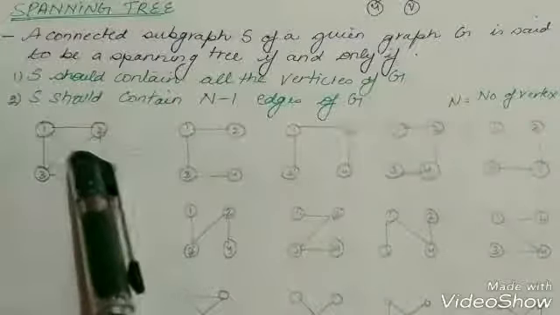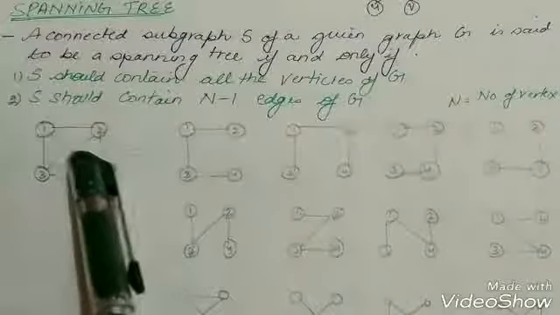But what happens when we make a spanning tree for the graph? In that case, we can only have n-1 edges. N stands for the number of nodes. N over here is 4. So 4 minus 1 is equal to 3. Therefore, all the spanning trees of this graph will contain 3 edges only.